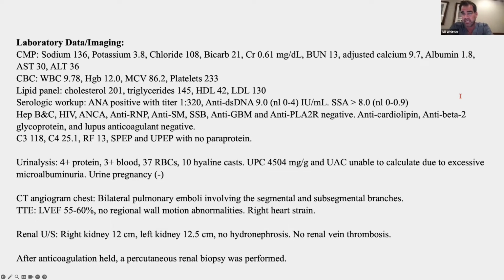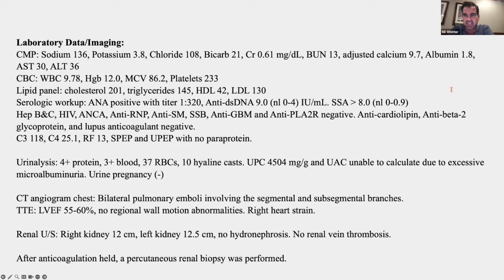I completely agree. I think we thought about that. We thought about doing empiric treatment, but we also thought membranous was very high in the differential because of the PE, and maybe even lupus membranous. And I don't usually go with steroids alone for my treatment of membranous. So I thought it really was going to change our management here.